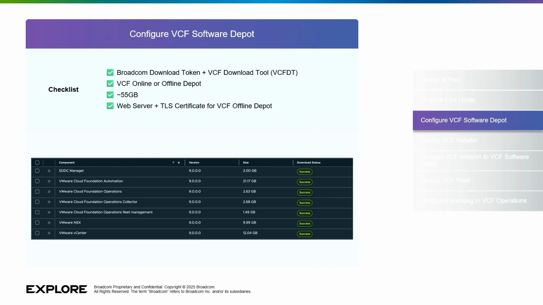If you're doing a POC, you might choose the simple model, which is just connecting to the internet. But in practice, you might want to set up something called an offline depot. And here what you'll need is this new VCF download tool. For those of you who use VCF, it's similar to the OBTU, which is a little utility that pulls down the software binaries as well as the metadata, but we've streamlined that. The nice thing about this tool is that once you plug in that download token, it creates a directory structure for you, pulls down all the software and all the metadata files, and that is now your offline depot. I can take that directory and host it on a web server internally within your organization,